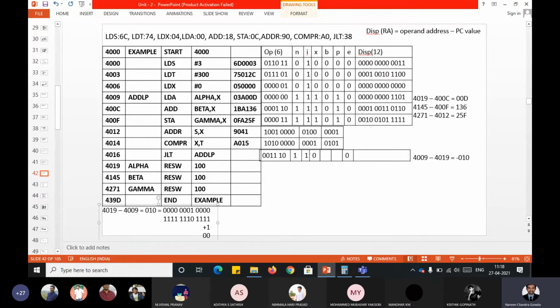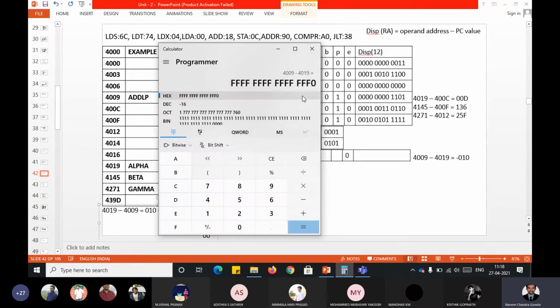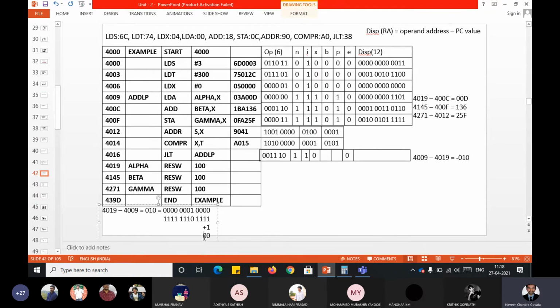So here, I hope you are getting it. See, carry 1 will be added to the 1. Again, it will become 10. Again, if you add 1 to this, it will be 0 carry 1. Again, if you add to this, again 0 carry 1, right? And that carry 1, if you add to this 0, 1 plus 0 you will get as 1. So here you will get 1, and the rest of the bits will remain the same. So this is the value you are going to get finally, which is F0.